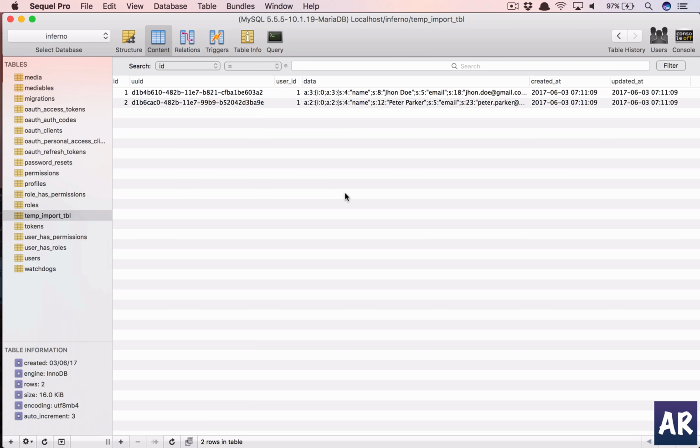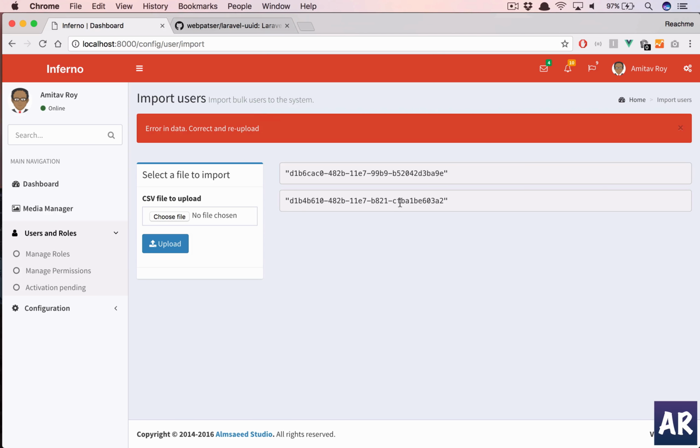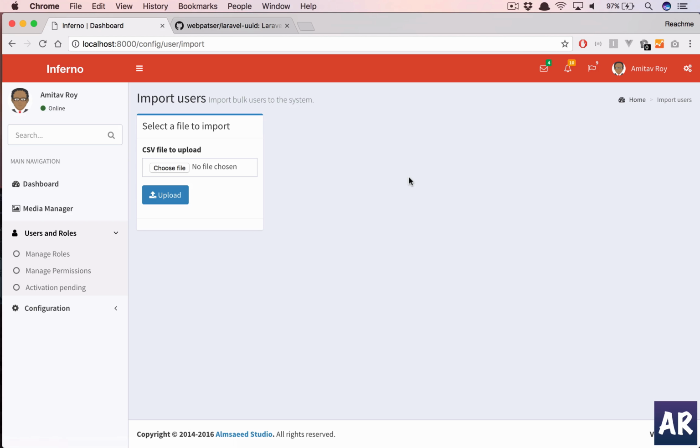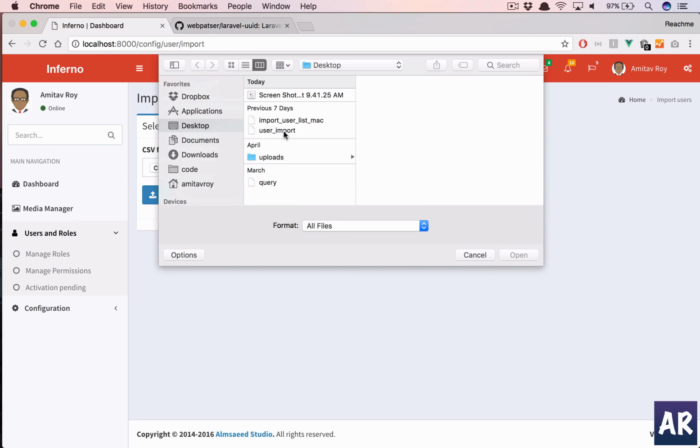And my idea is basically on an everyday cron, I'll be checking all the records which are more than 24 hours old, and I will clean it up. So basically this is a flash data, so once the user refreshes this page, he will not be able to click on that button again. And that's what I want to continue right now. I don't want to keep it in a session and then maintain all those things. But if he clicks right now, he will be able to download the CSVs and import the users. Otherwise he will lose it, like this, if I hit refresh, and he will have to do that again. So that's okay,